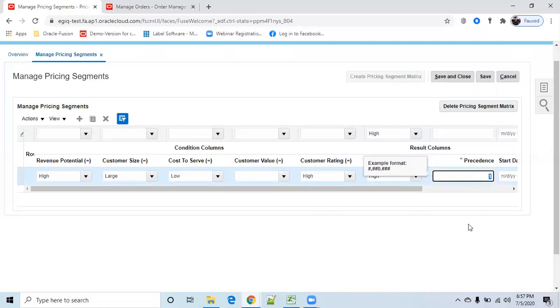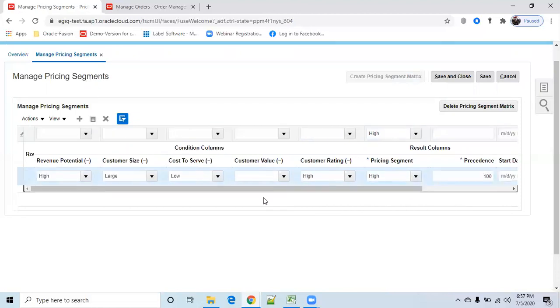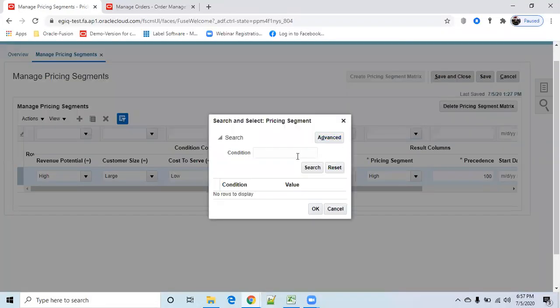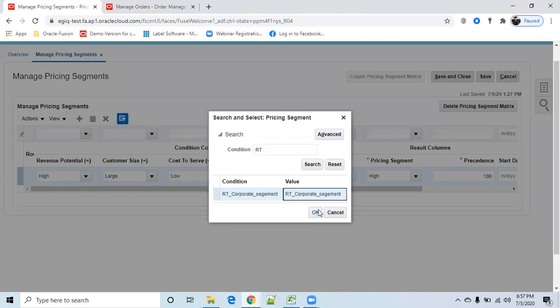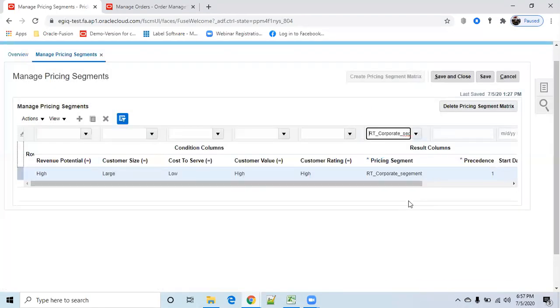Okay, let me keep this as 100. Just save. My strategy is, so mine is 1.